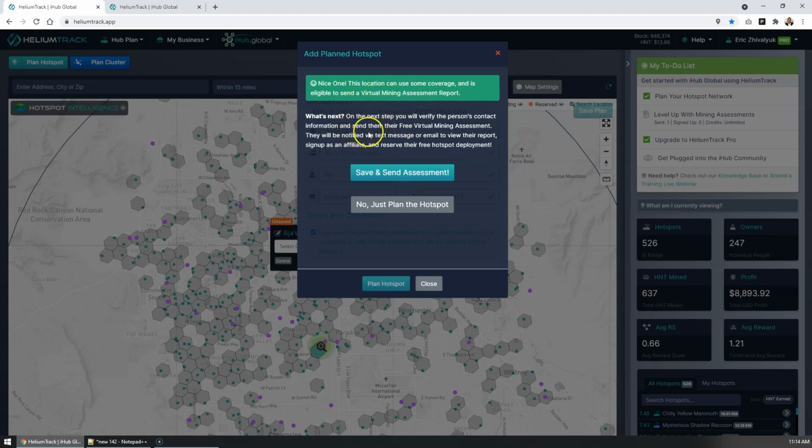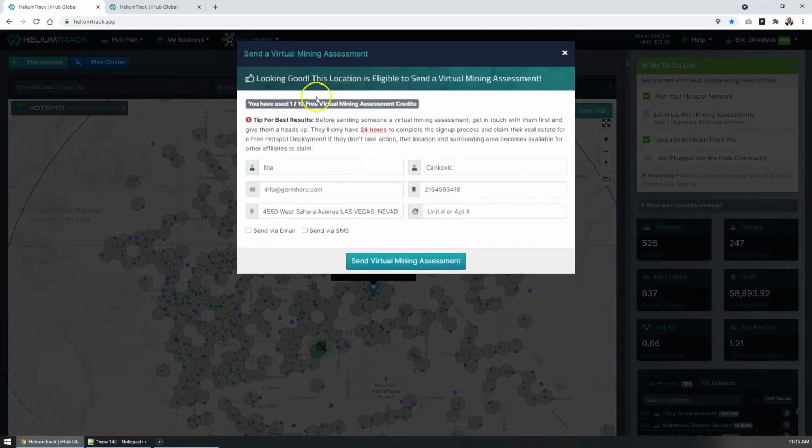So it gives you a little information on the next steps and what you'll need to do. Now, we highly encourage you to go ahead and send out this assessment. It is the best tool that you can use to show someone what their potential earnings could be, what Helium is about, and that they are eligible to reserve a free hotspot deployment via iHub. So we're going to click on yes, I definitely want to send that assessment out, and we'll